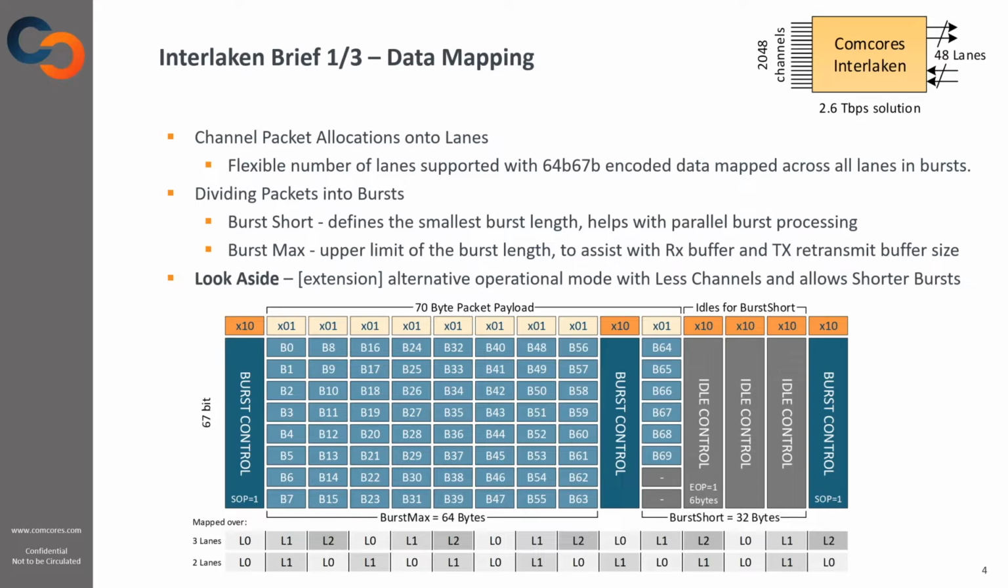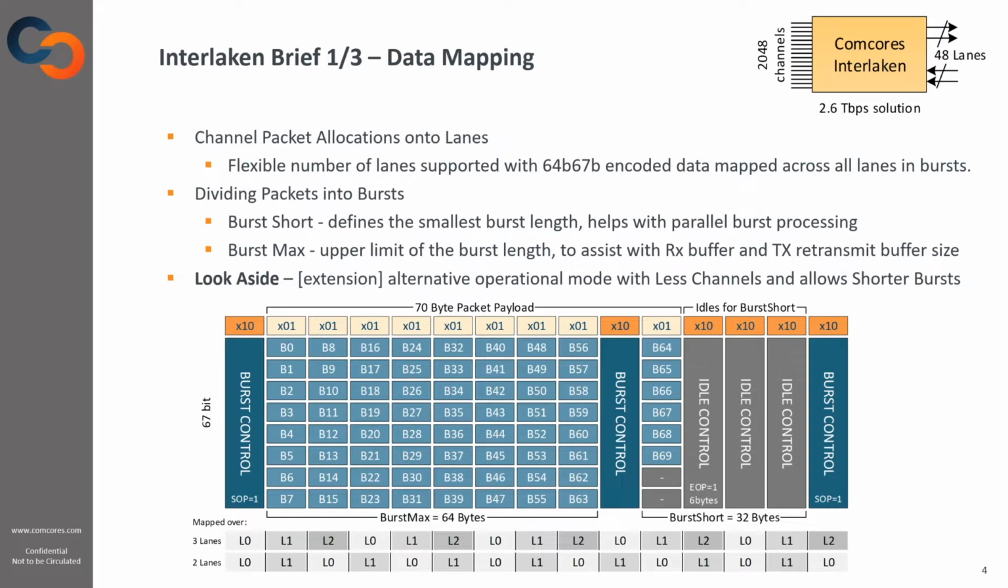I just want to mention also this look-aside that I mentioned before. It is an alternative operation mode that has fewer channels and allows for shorter bursts, because in general, in the basic Interlaken, the shortest burst is 32 bytes. But if you want to have shorter bursts, you can use this look-aside mode, right? And then in this drawing, we have